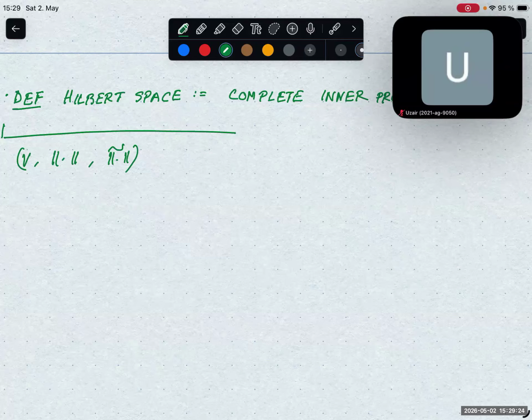These two norms, with tilde and without tilde, are called equivalent